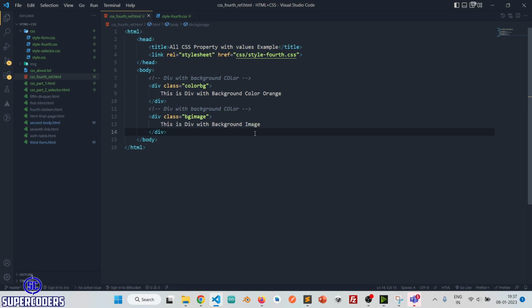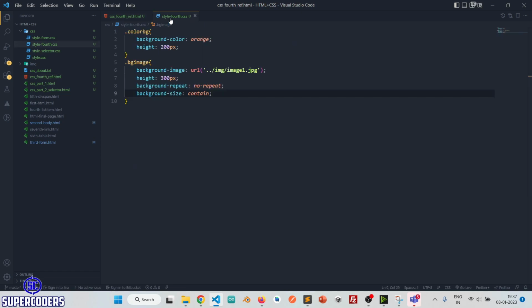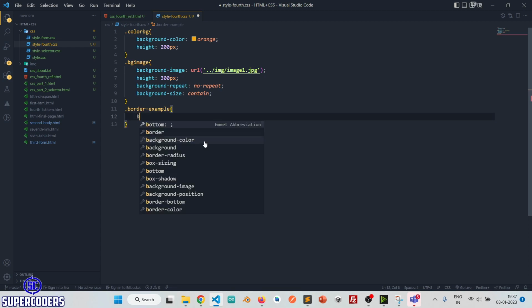Now let's see the border property. So div class equal to border example, copy it, save it. This is div with border, save it. Border example. And here what I am going to do, I am just adding border